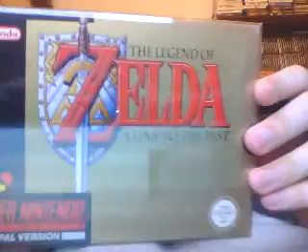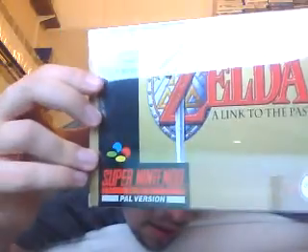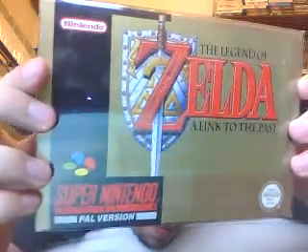And lastly, the ultimate Zelda, A Link to the Past. And this one I paid a lot of money for, so I want it perfect, because it's still sealed at one end. Still got the Nintendo seal. So yeah,